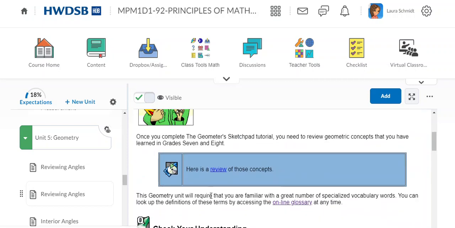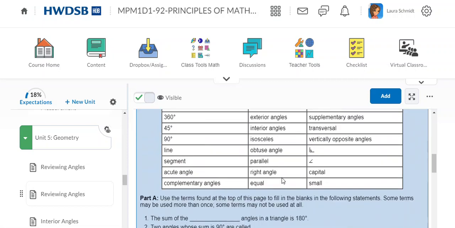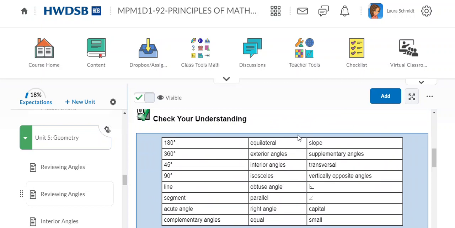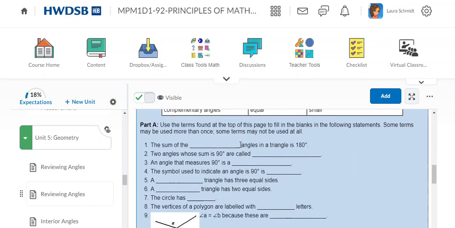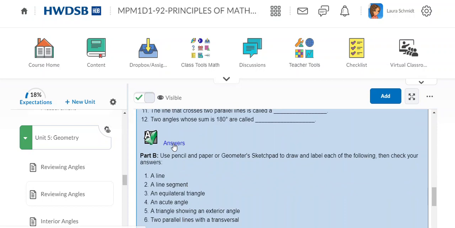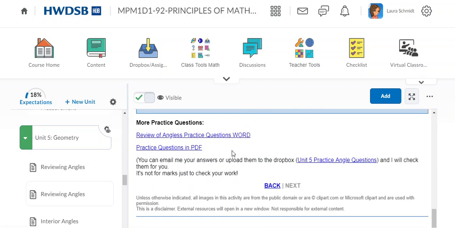There's an online glossary that may or may not work, but I think we will define them throughout the unit, so it's not going to matter. And you can just go through this and figure out which ones go in the blanks, check your answer, and so on. Okay. And then I made some more practice questions